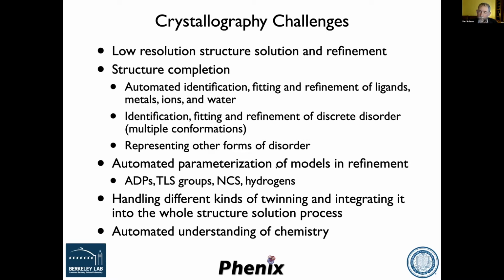As I said, refinement has a lot of decisions that need to be made by you as a scientist. It's a complex problem. And there are things that make our life tricky, things like twinning, other pathologies in data that make life a little bit more difficult. And ultimately,